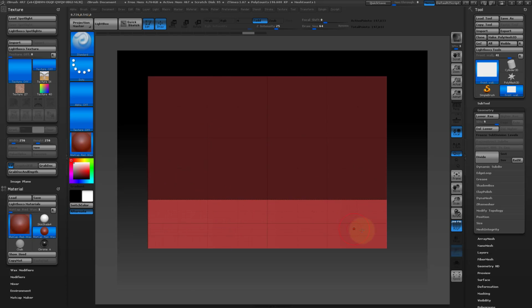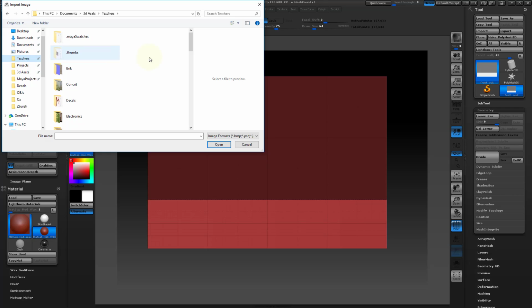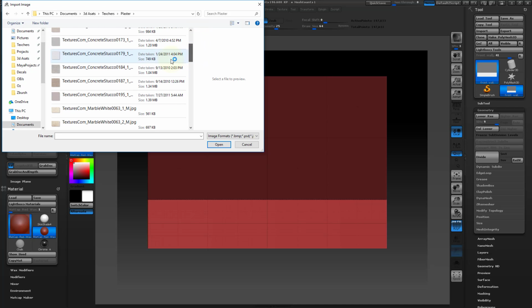So I want to use a stencil. To do that, I'm going to go into my texture file. You can find that up here if you're new to ZBrush, or you can dock it on the side here, which I have done and made my own settings. So that's what we got for now. Let's do that. I'm going to go to import. Now I downloaded off cgtextures.com a whole library of stuff, and categorized it nice and neatly. So now I got all of these lovely